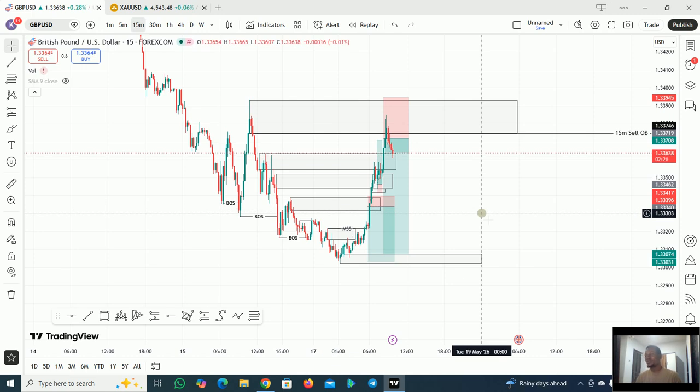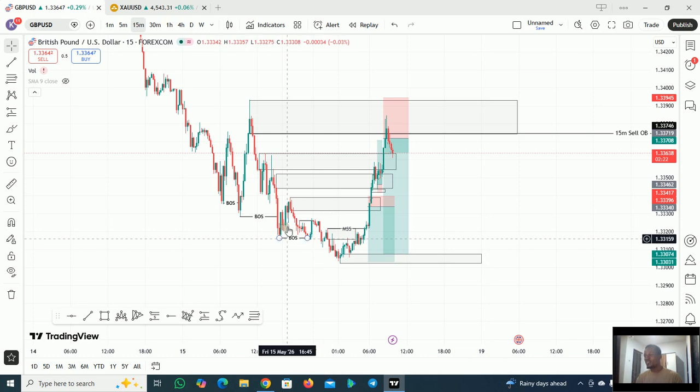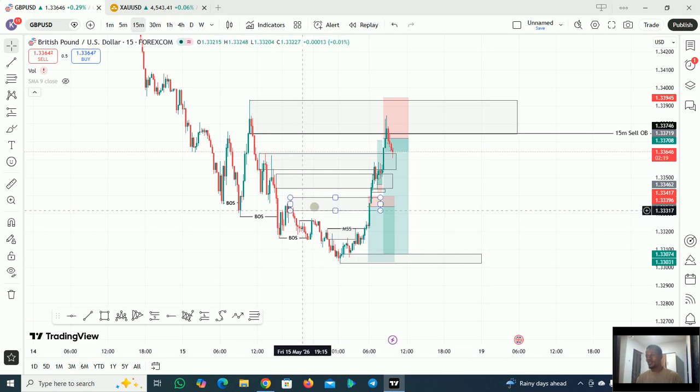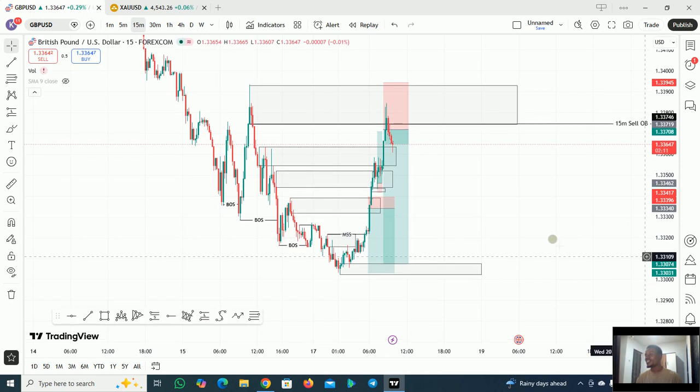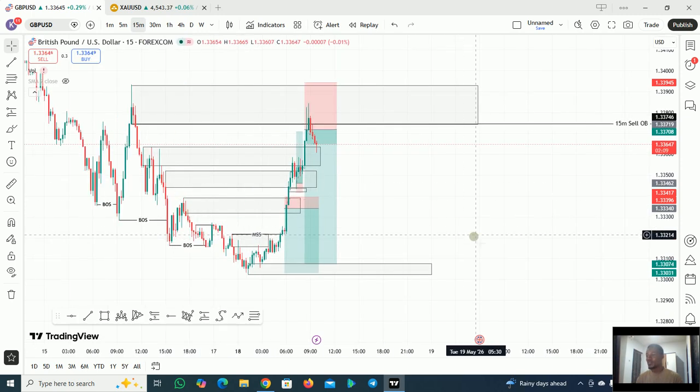Like I said, we are always in a probability game. So this was the last low that came to break structure. So this was our protected low. So this area was another low that came to break structure. So this was our inducement. So I traded this market on the 15 minutes time frame here.